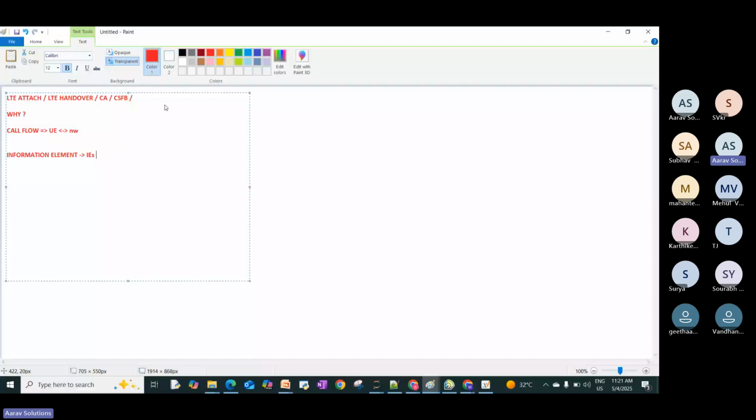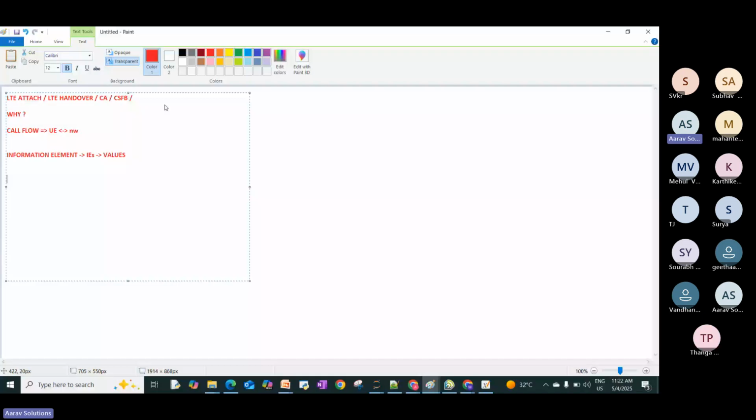So we have to understand all the possible values of those information elements. What is the significance, in which condition we will set which parameter value, and what are all the possible values we have with respect to one parameter. Those things we will understand. These two or three things will give you clarity about what is happening in that call flow. Once we are familiar with that call flow and with those parameters, the next thing we have to understand is